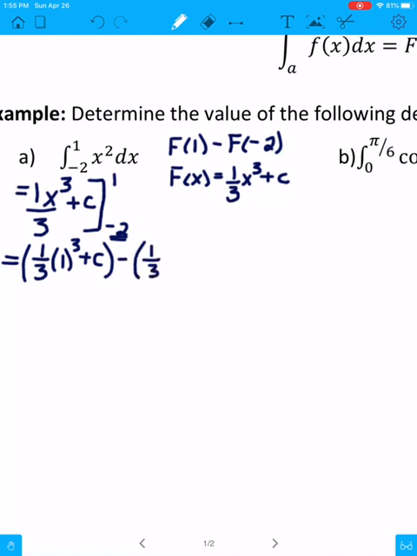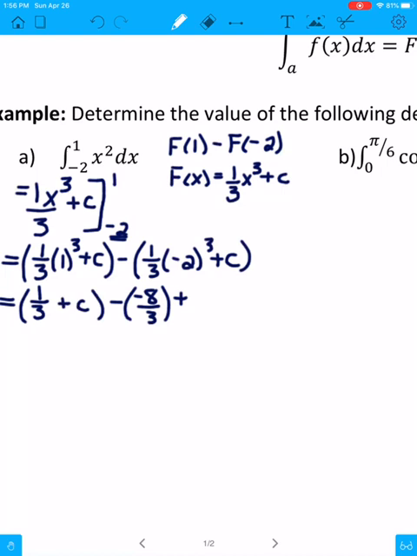1/3, negative 2 cubed plus c. So I'm going to get 1/3 times 1 cubed plus c, so 1/3 plus c, minus negative 2 cubed is negative 8. Negative 8 times 1/3 is negative 8/3 plus c. And so we're going to get 1/3 plus c plus 8/3